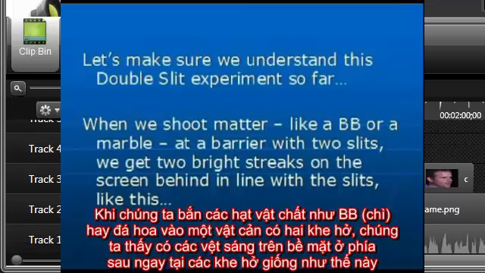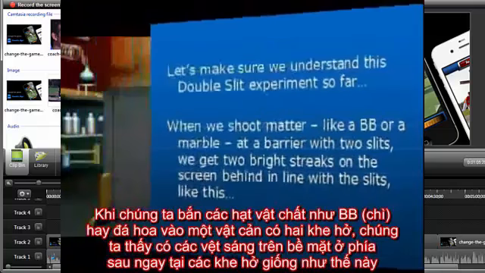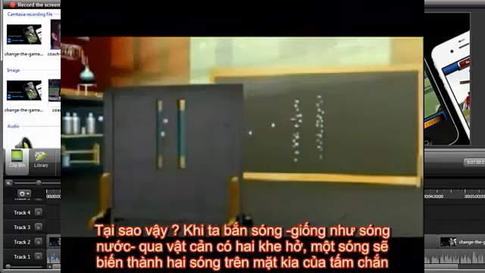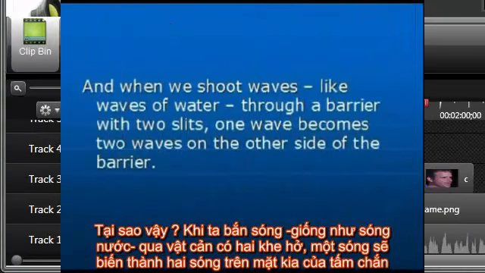When we shoot matter, like a BB or a marble, at a barrier with two slits, we get two bright streaks on the screen behind, in line with the slits, like this. And when we shoot waves, like waves of water,